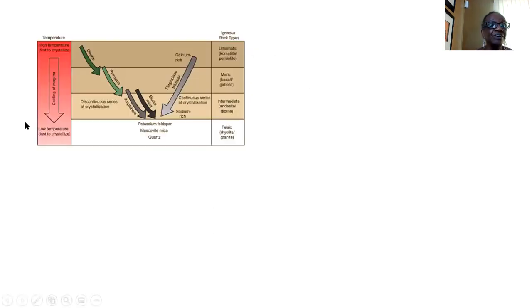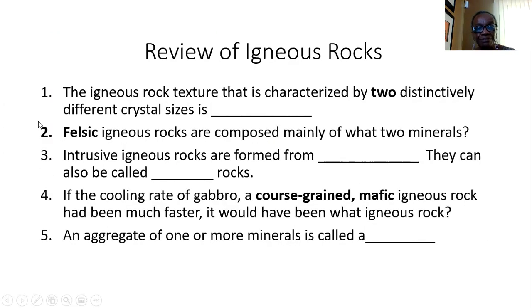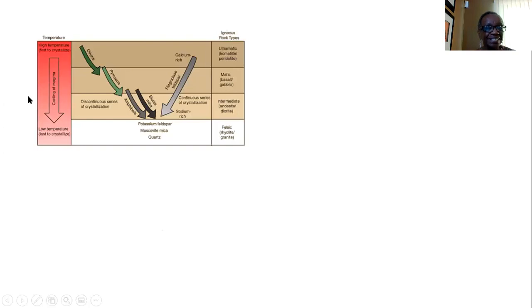If you look at this diagram, you can see that this talks about the cooling of the magma. This is relatively low temperature, and this is high temperature. Looking at Bowen's reaction series, you can see that olivine is the first